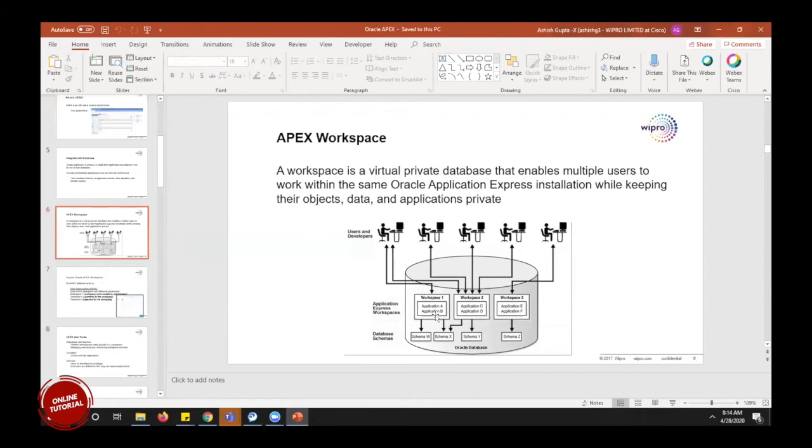Suppose in my EBS, if I want to develop some application with forms that deal with both order management and accounts receivables, I should create one workspace using those two different schemas, and then deploy the application, right?